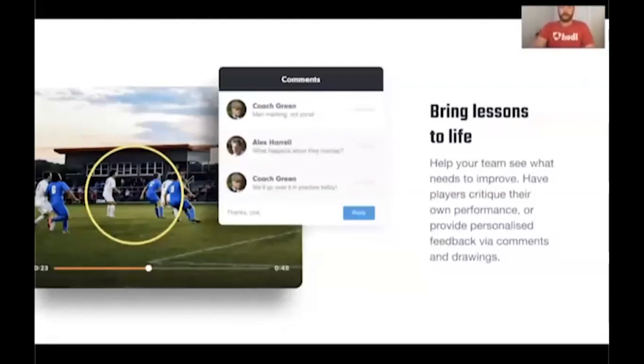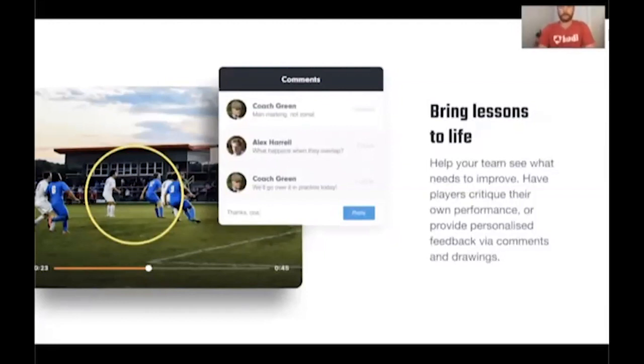Not only can you do all of this analysis stuff on Huddle or online, but you can also put the onus back on the players as well. So this is a really good time to better understand how your players like to learn. Take that time, try to understand them a little bit better. Do they want to be given coaching points by the coach? Is that the way that they learn best? Or would they prefer that their learning be a little bit more self-driven?